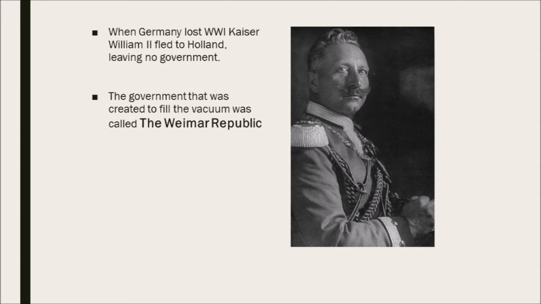We create one that comes to be called the Weimar Republic. Now, it is indeed a republic. It has representation, in the form of parliament, the same way that we have a Congress. That is very similar. You also are going to have in the Weimar Republic an elected president, and you're going to have a chancellor or a prime minister who does a lot of the day-to-day work. But the Kaiser left, and then a new government was created, and they were trying at this point a republic.